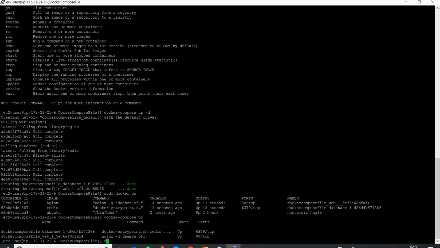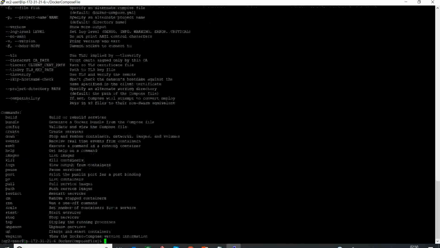Now you can go to docker-compose --help. Here you see lots of commands. I am interested in scale. Let's say I want to scale. As of now I have two containers: a web service container and a database container. So let's say I want to scale up my database container. The command to do that is